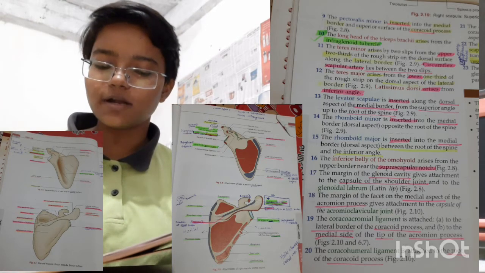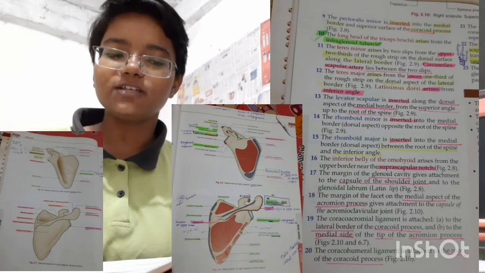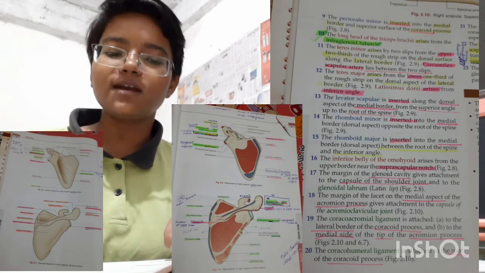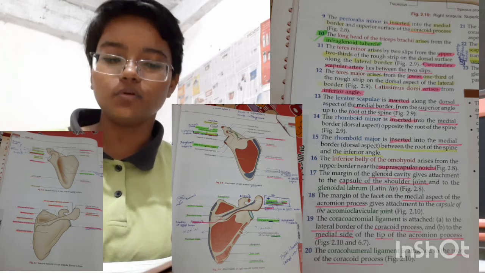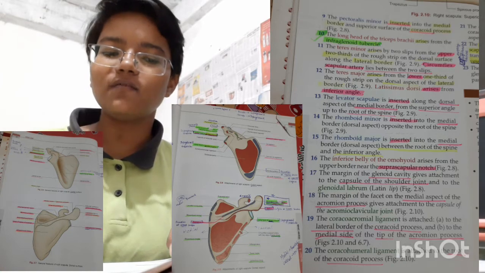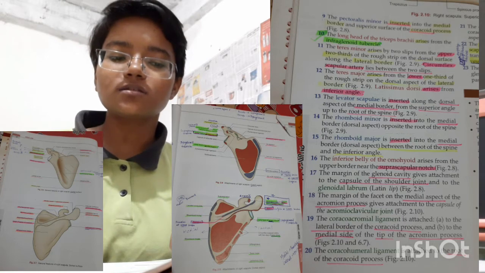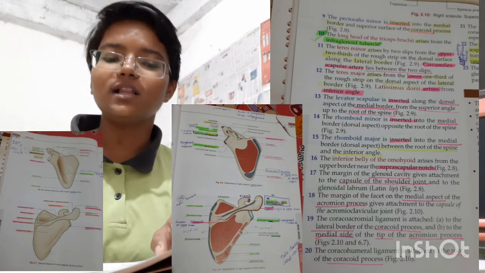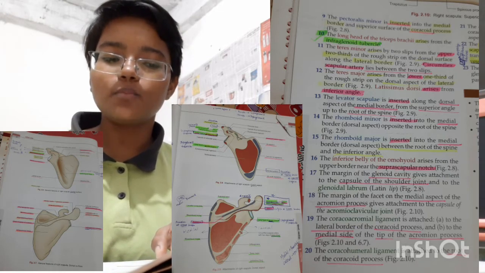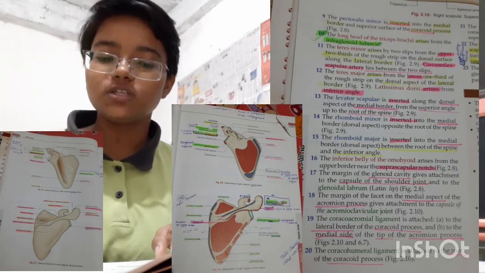Coracohumeral ligament is attached to the root of the coracoid process. The coracoclavicular ligament is attached to the coracoid process, the trapezoid part on the superior aspect and the conoid part near the root. The transverse ligament bridges across the suprascapular notch and converts it into a foramen which transmits the suprascapular nerves. The suprascapular vessels lie above the ligament. The spinoglenoid ligament may bridge the spinoglenoid notch. The suprascapular vessels and nerves pass deep to it.